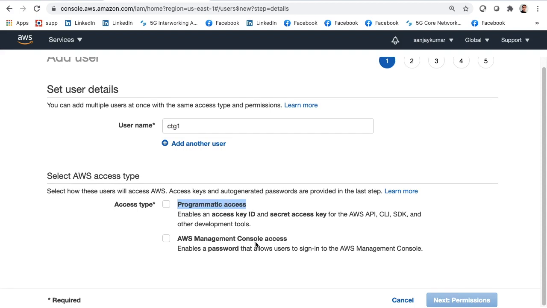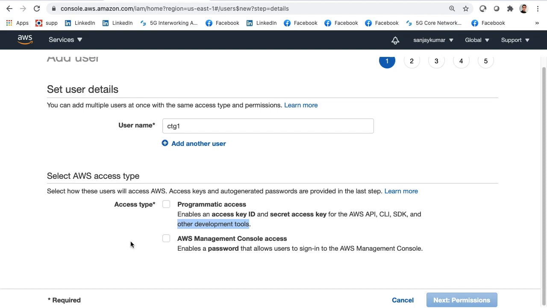Programmatic access allows me to log in to AWS infrastructure using an access key ID and secret access key, which is required for AWS APIs, the command line interface, SDKs and other development tools. So if I want AWS APIs, CLI, SDKs and other development tools to log in to my AWS account, I will give them programmatic access.